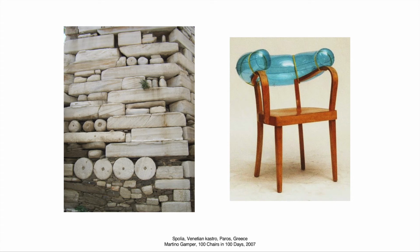Okay, so one thing we find fascinating is how repurposed or appropriated objects get a new significance as they're altered or removed from their original context. To the left, we have the ancient practice of spolia, where architectural elements are transplanted or creatively reused in new structures. And as one might notice, the circular drums in this wall once formed columns in a Greek